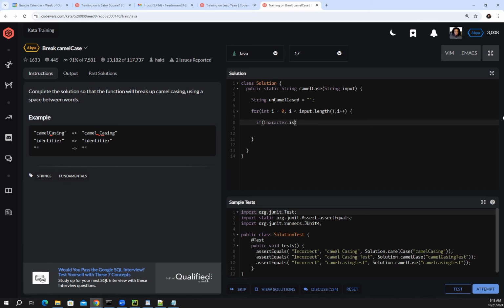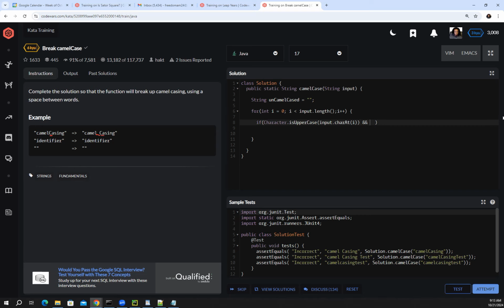Character.isUpperCase, and I'm going to use charAt to get the character. charAt is a method that returns a character, so it fits right in. So if that character is uppercase,